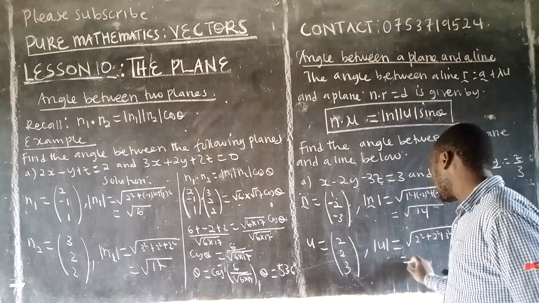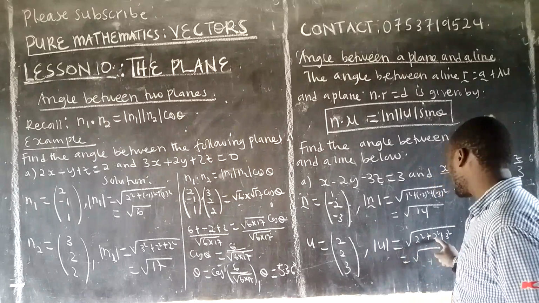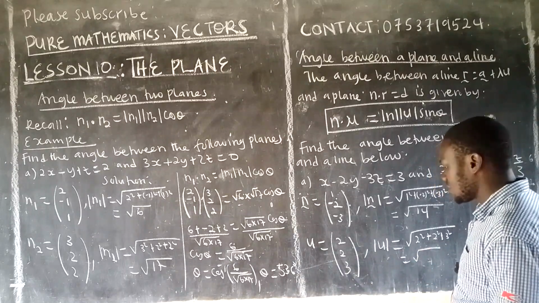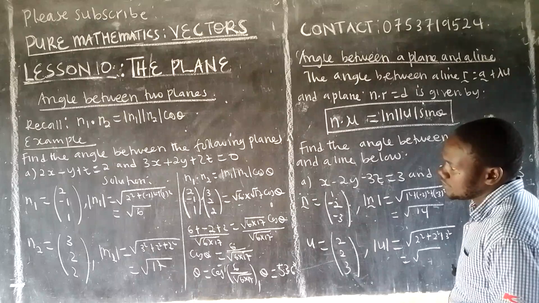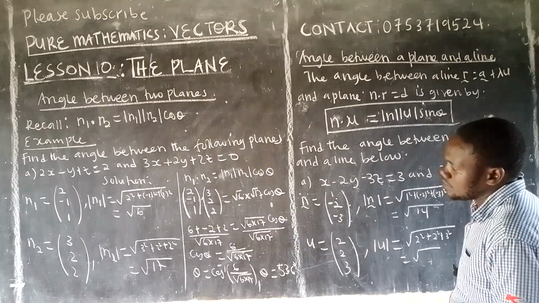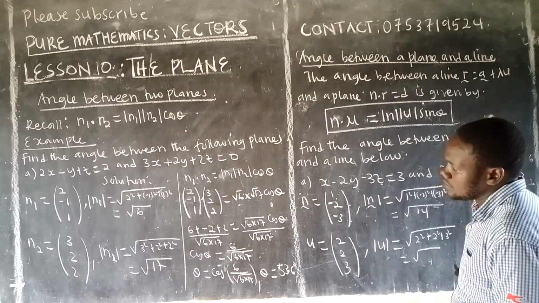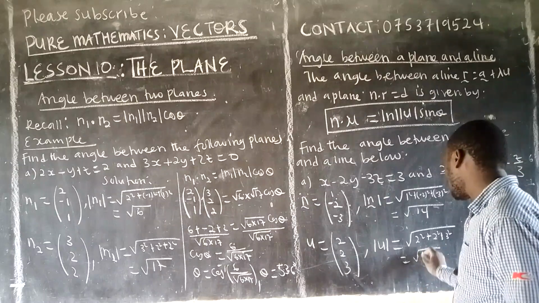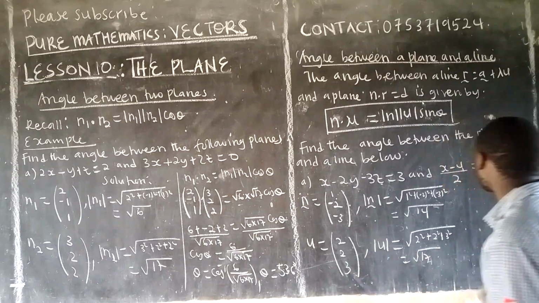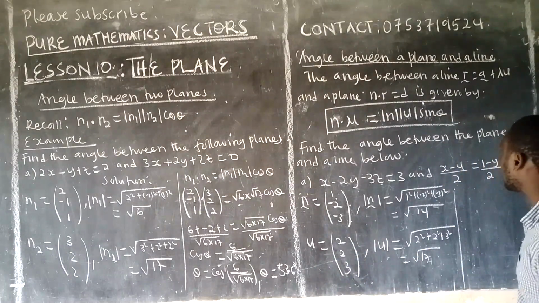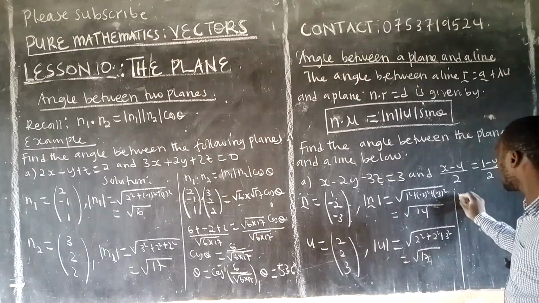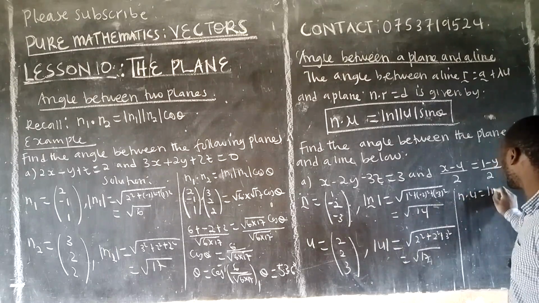So what are we going to have in the end? 2 squared plus 2 squared is 4 squared, that is now 8. This also will be 17. All right, good. So here we can now say that n dot u is equal to magnitude of n